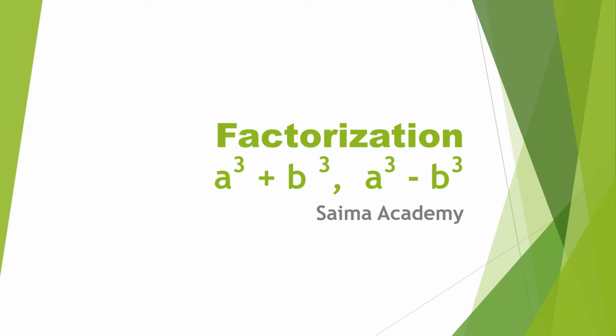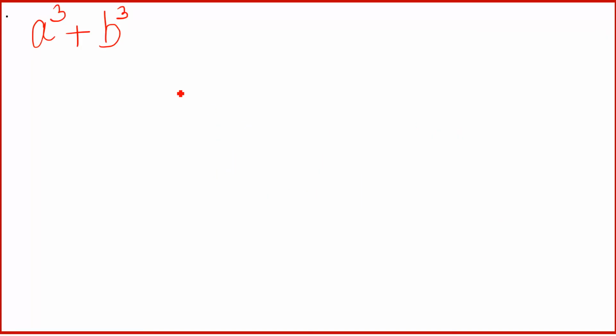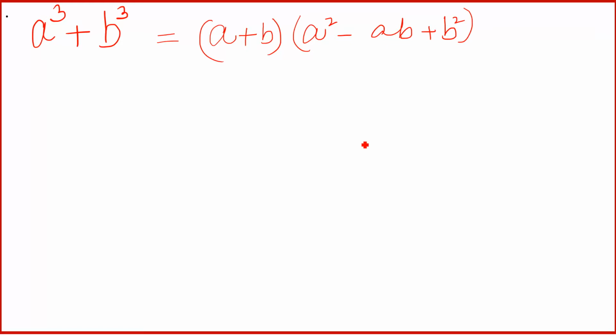In this lesson, we will discuss factorization, based on the formulas a cube plus b cube and a cube minus b cube. Before starting the questions, first we will expand the formula for a cube plus b cube. Here, individually we have the cube of the first term and the cube of the second, so it is equal to (a plus b) multiplied by (a square minus ab plus b square), and you have to memorize this formula